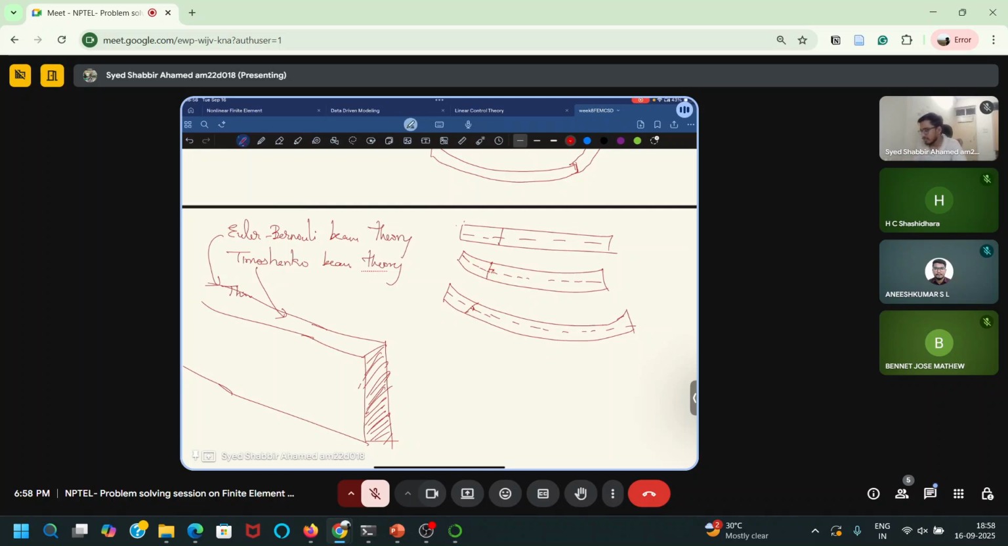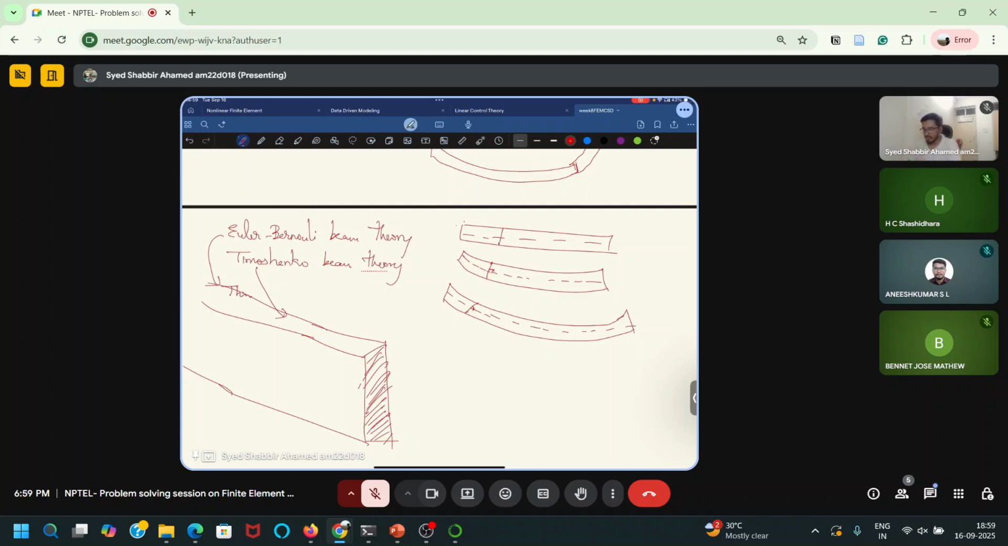So Timoshenko beam is a higher order beam theory, or you can also call it first order shear deformation beam theory. That is also a name. So these are two beam theories which we know. Most of you will know Euler-Bernoulli beam theory, but in case you have not heard about